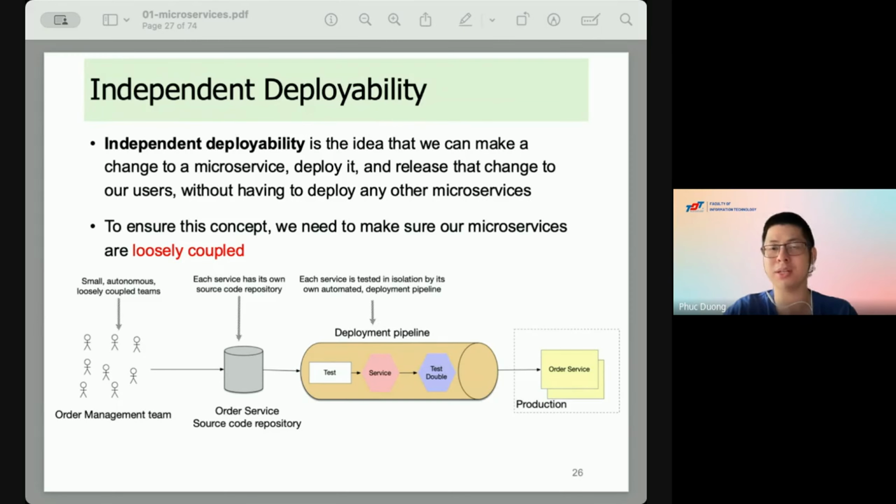Imagine this example: we have many microservices. For example, for the midterm project, you decide to implement about 10 to 15 microservices. And you have only one database that 10 or 50 microservices use, the same DB.